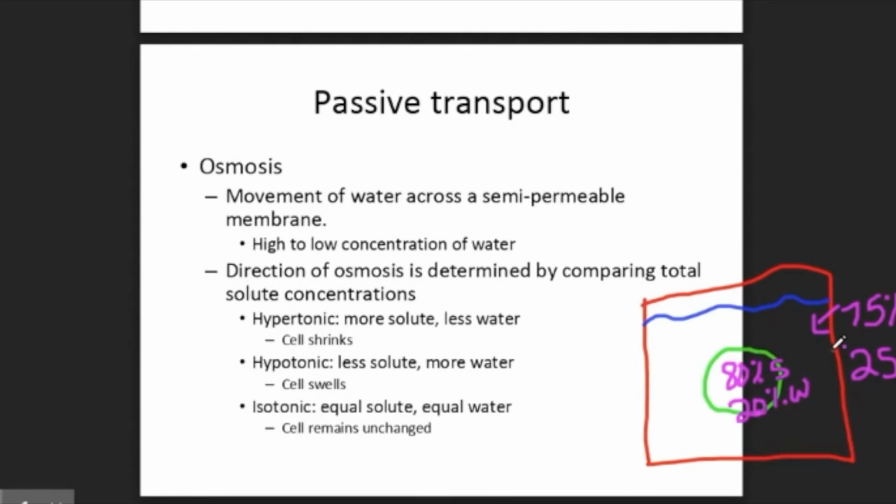Okay, so when I'm talking about a hypotonic solution, I'm saying the solution in comparison to the cell. So I compare these. So the cell this time has more solute than the outside. So the outside has less solute than what is inside the cell. Because the solution has less solute than what is in the cell, it is a hypotonic solution. Okay, and in that situation,